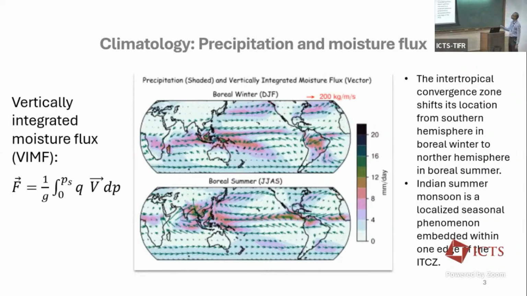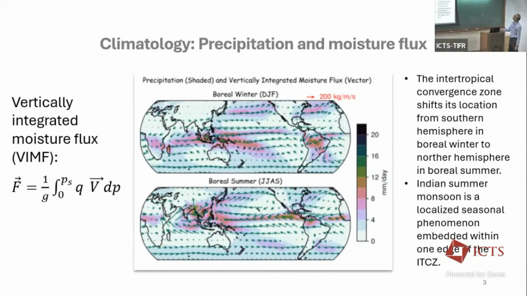So what I see here is this. The top panel shows, shaded, the rainfall during boreal winter, where you have the large-scale east-west oriented ITCZ in the southern hemisphere, possibly much closer to the equator compared to boreal summer, which is in the bottom panel. And then we have this moisture advection or moisture flux field, which we will call F in this particular talk,